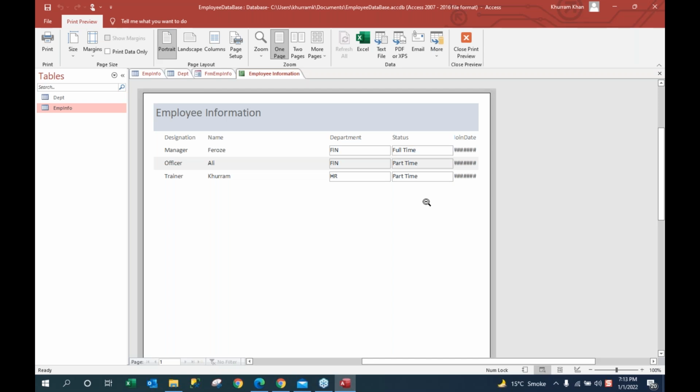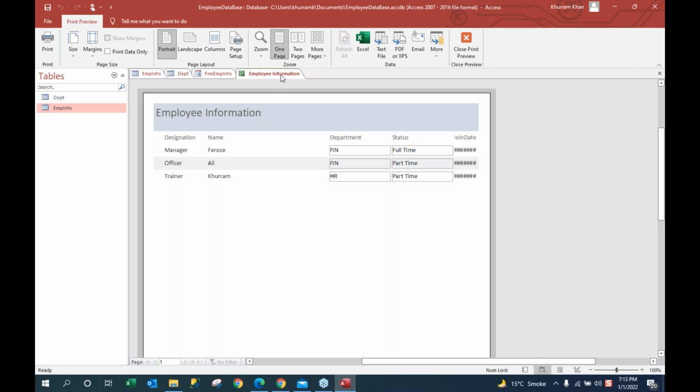The problem is the number of characters in the fields. We have set the field size equal to 25, so it will take 25. There are two ways to handle this. Either we can redefine the types, where we can reset the number of characters that this field may contain. And the second one is